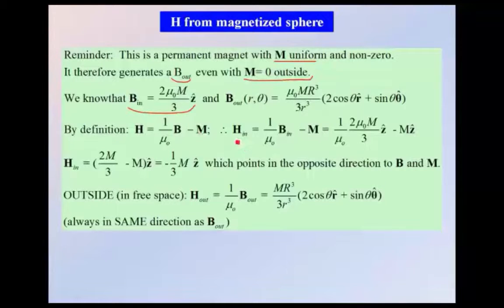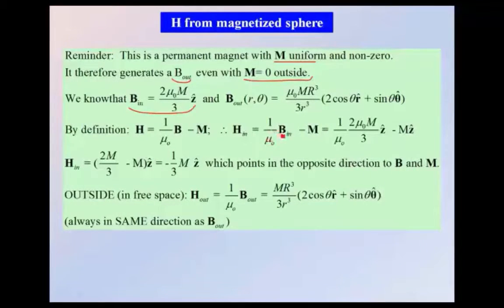If we go inside, the H inside will be equal to B in, sitting here for B, and of course M stays here. We know that B in has a form that has capital M in it, and that's this term here, so this is 1 over mu 0 times B in, and then here's our minus M right here, minus M z hat. We've got two factors that have the same direction, so we can factor those out. So here's the prefactor times z hat, and you'll notice that if you just take this difference,